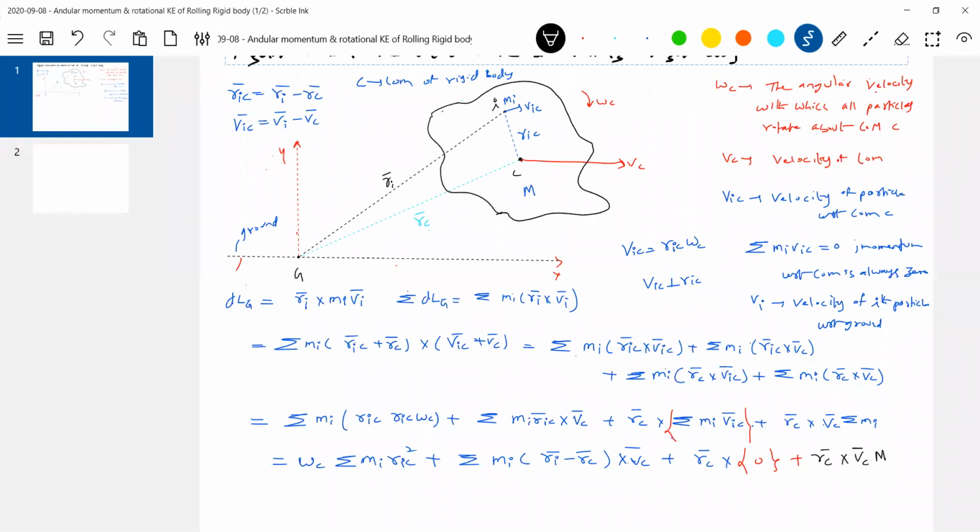Okay, now summation of Mi RIC square. What should be written for this one? This should be equal to the moment of inertia about center of mass, or with respect to ground? No, with respect to center of mass. So this quantity